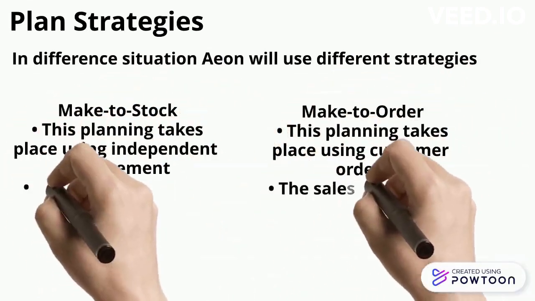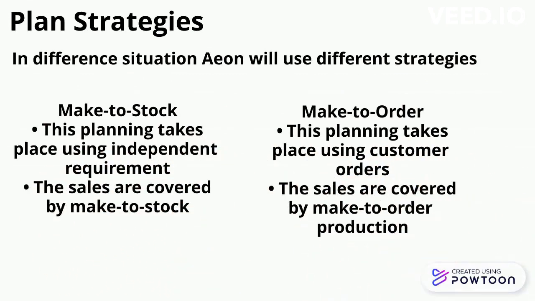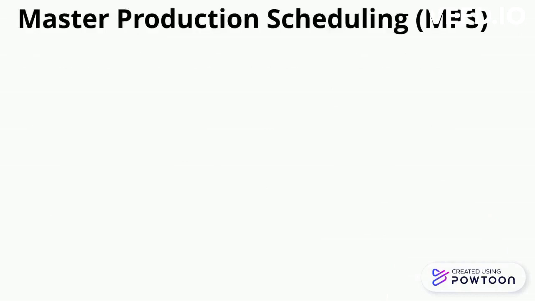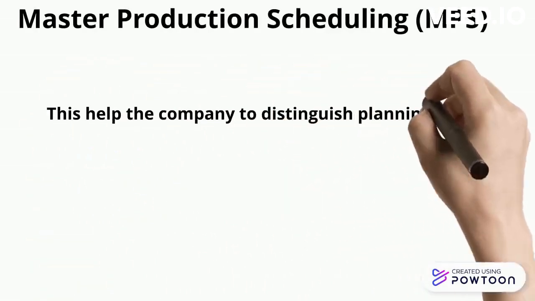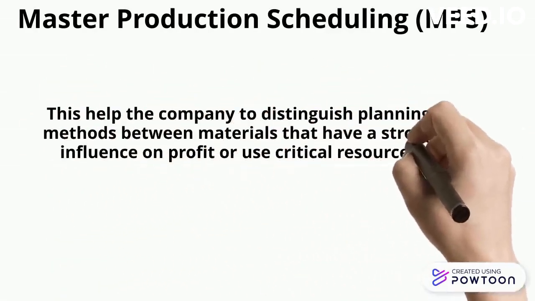Make to stock. This planning takes place using independent requirements. The sales are covered by make to stock. Make to order. This planning takes place using customer orders. The sales are covered by make to order production. This helps the company to distinguish planning methods between materials that have a strong influence on profit or use critical